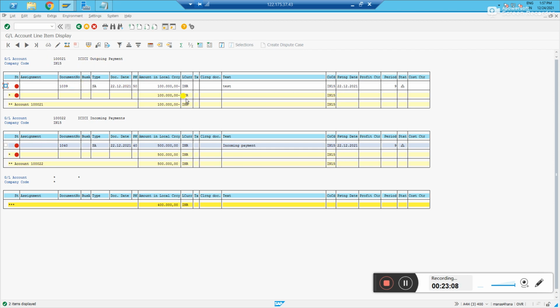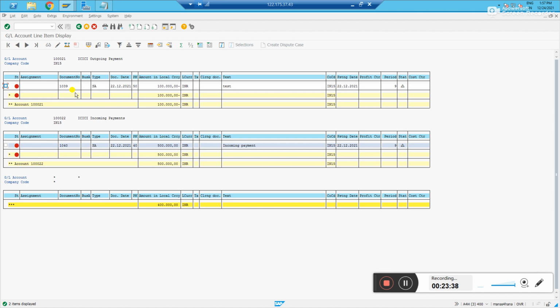Let us execute. You see, this is before reconciliation, as I've shown in the PPT also. This is my outgoing. I have a credit balance 1 lakh rupees. I made a payment. It has a credit balance. And if you see 1 lakh 22, this is my incoming GL account. In this, I have a 5 lakhs deposited. So it means my closing balance is 4 lakhs rupees. Okay, I have not done the reconciliation yet. That is the reason you are nowhere seeing here 1 lakh 20 main GL account. It has not updated any posting set. Why? Because I have not done the bank reconciliation.